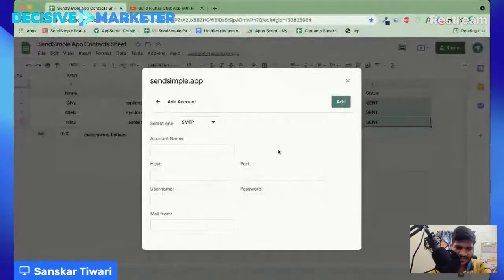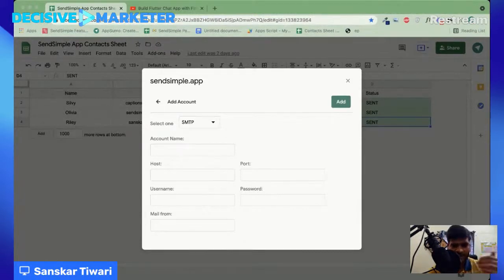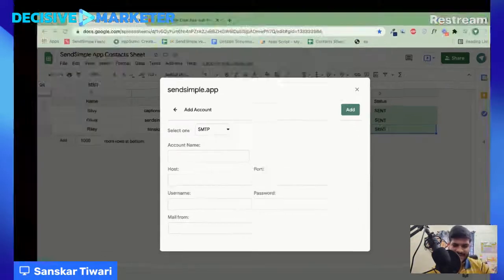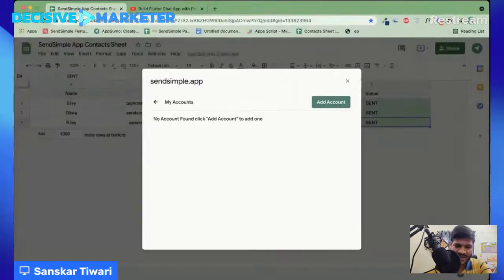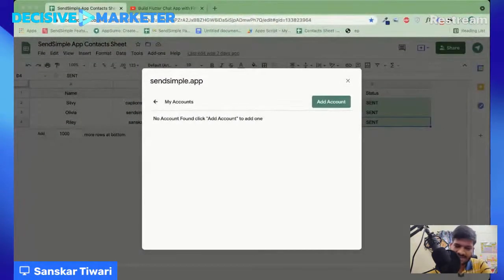But I have heard that using Gmail with SMTP might affect your inbox placement. If that's not an issue, then of course you can add as many Gmail accounts as you want and send from those emails. We don't have any limits for now on how many accounts you can add. So you can add multiple accounts and send through them.